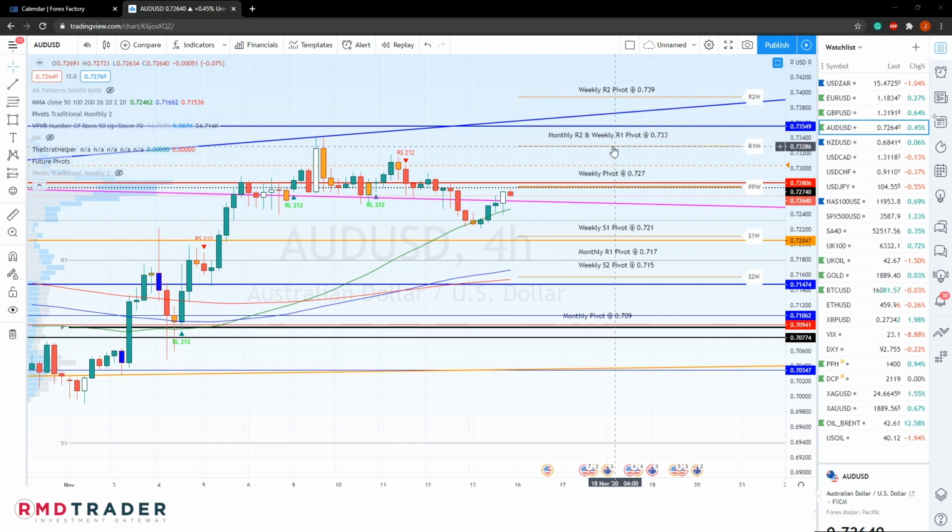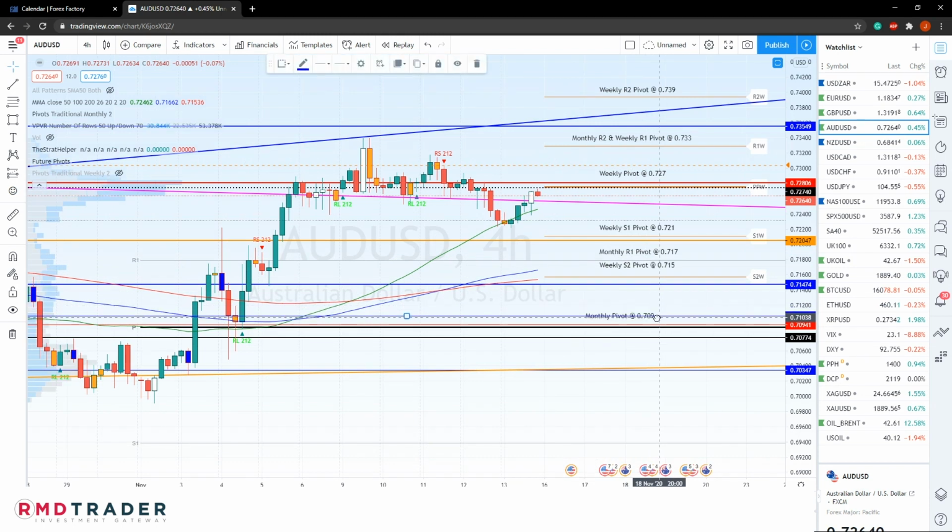0.733. That is where our monthly R2 and weekly R1 pivot meet. And then, of course, we also have that second possible target around 0.739, and that is also very near to the top of this overhead diagonal. Just considering a deeper sell-off where price breaks below this area of support at 0.75 and below our 4-hour 200 SMA, that could potentially cause a sell-off to this area of the monthly pivot at